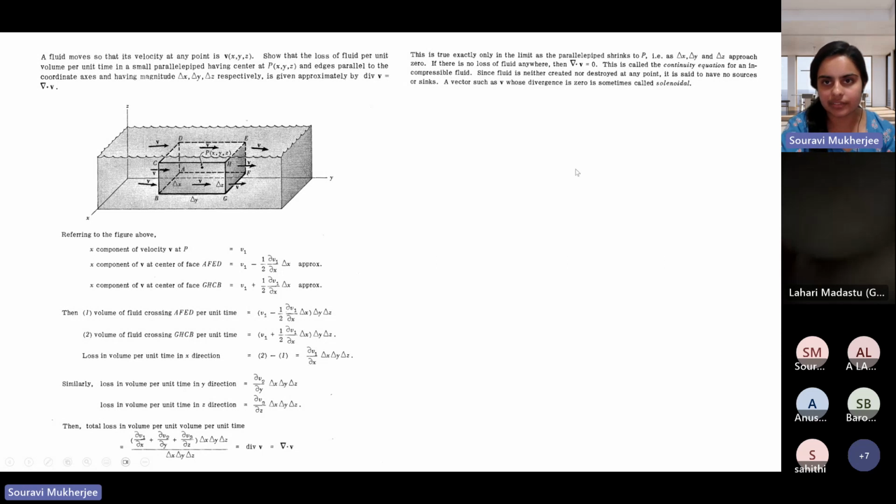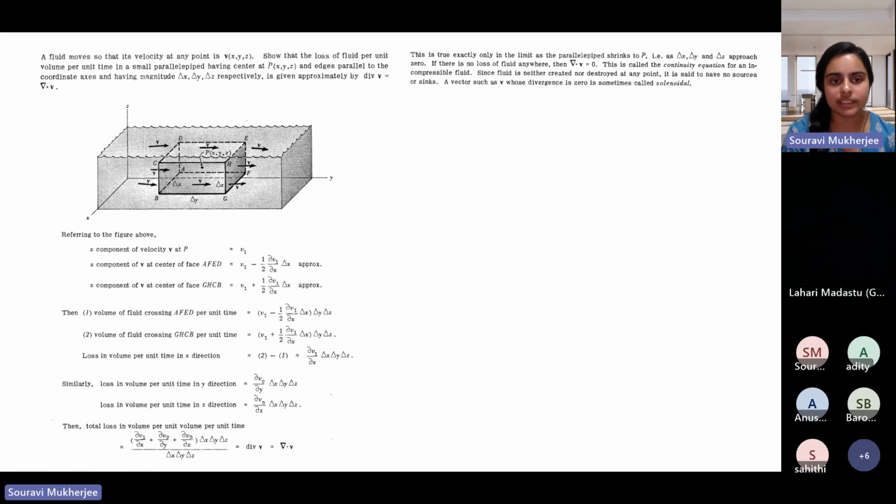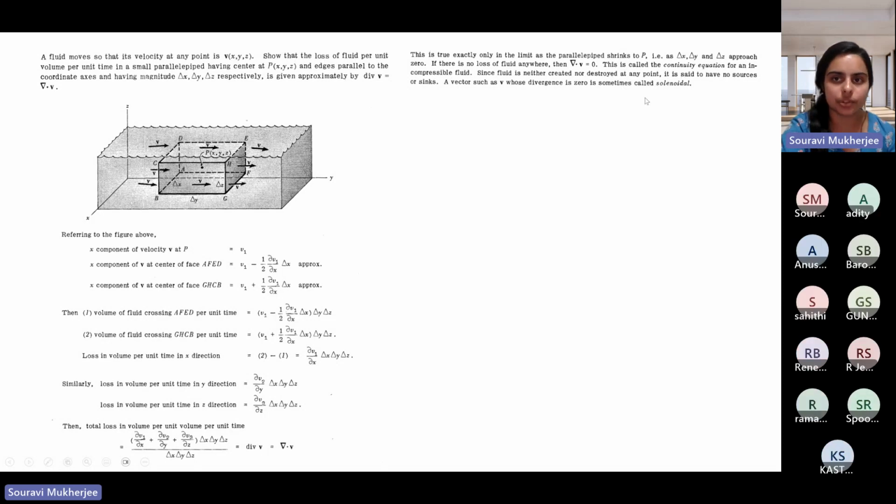So this tells you that divergence of V gives you an idea about the flow, or whether there is some loss of, here in this case, fluid. So loss of fluid somewhere while it's traversing some volume, right? Now if there is no destruction or creation of fluid, and if it is conserved, in that case it would be solenoidal. And what we mean by solenoidal is that, yes,